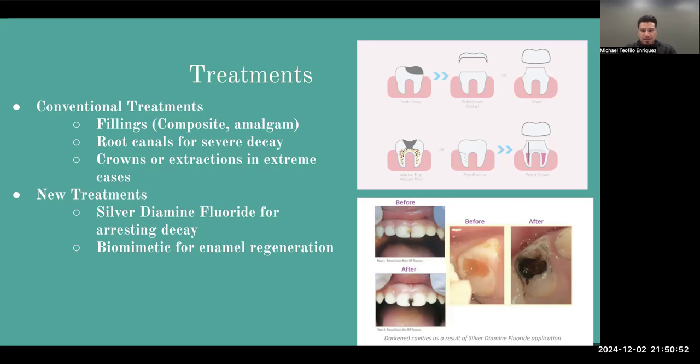So if, let's say, in the image, there's a cavity in between the front two teeth, what this treatment is, is that they apply a layer of the material over where the decay is forming. And I think it depends, but I think it's about three applications. After the first one, it will start to turn a blackish color. Obviously, this isn't aesthetically pleasing, but